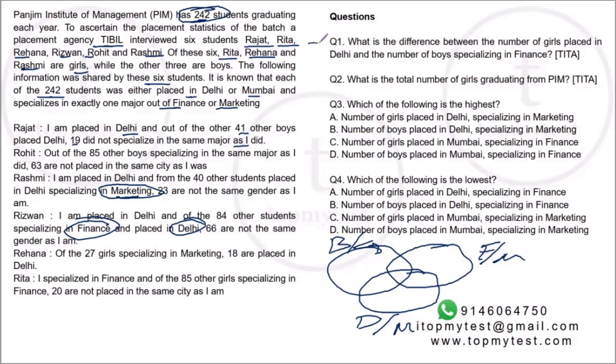Also, if you look at the questions quickly, 2 of them are TITA, the others are MCQs. Basically, you have to figure out all the individual parts: girls, Delhi, marketing; boys, Mumbai, finance. So basically, you have to figure out all the cells in the Venn diagram, or all the regions in the Venn diagram. So we'll have to put our heads down and actually solve it.